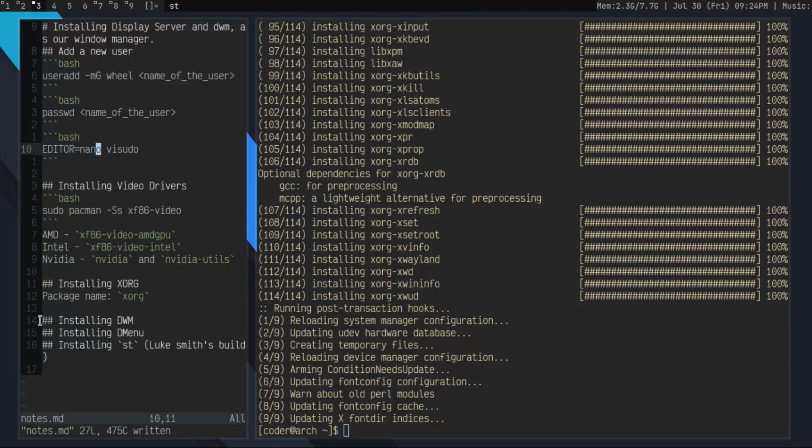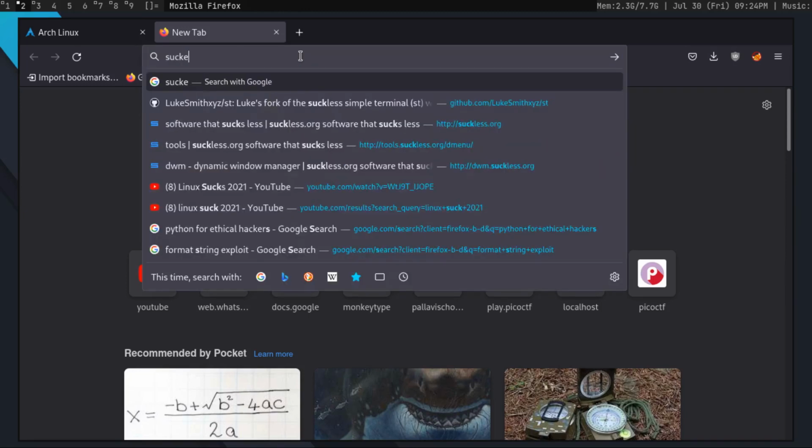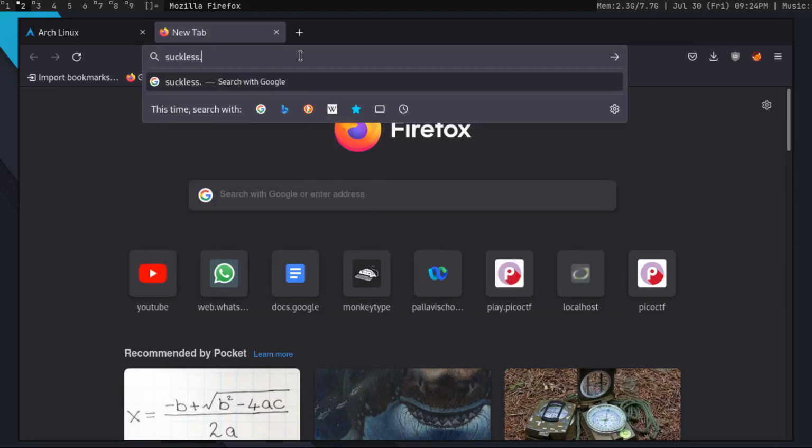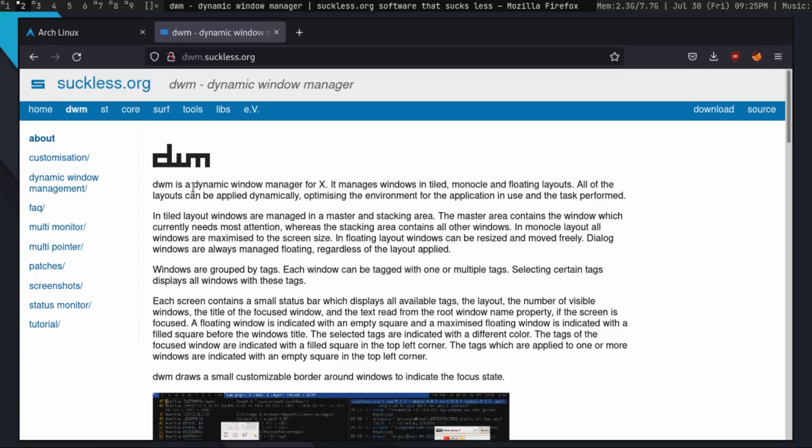So our next step is to install our window manager, which is the most important one. So we are going to install DWM. It is a suckless utility. If you go on the DWM page, as you can see, DWM is a dynamic window manager for X. It manages windows in tiled, monocle and floating layouts.